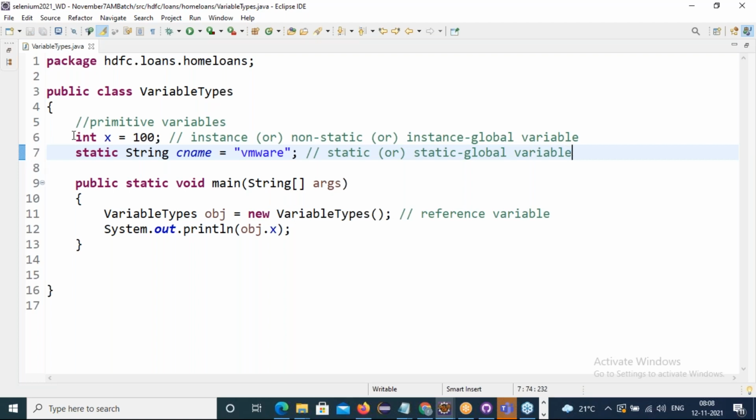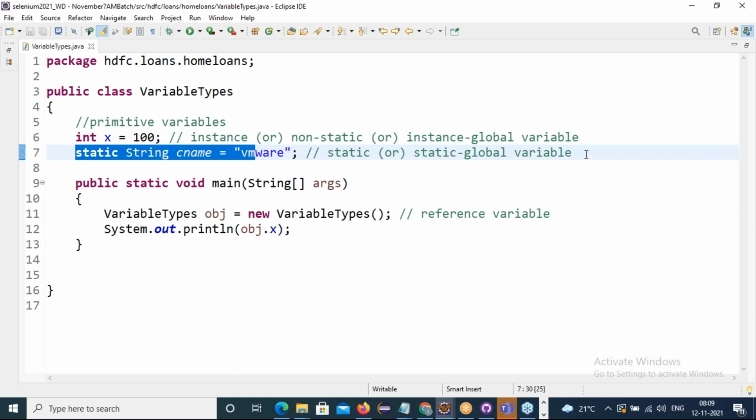So for an instance variable there is no static keyword, and for static variables we have the static keyword as a prefix. These two positions are inside a class, outside a method. Just by differentiating, giving the static keyword means a static variable, and without the static keyword that's called a primitive instance variable.